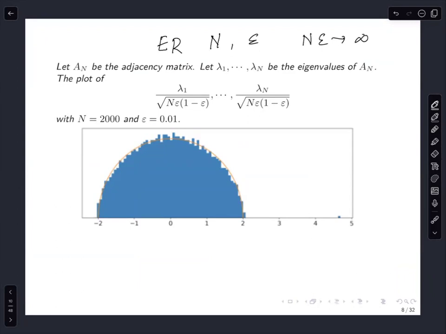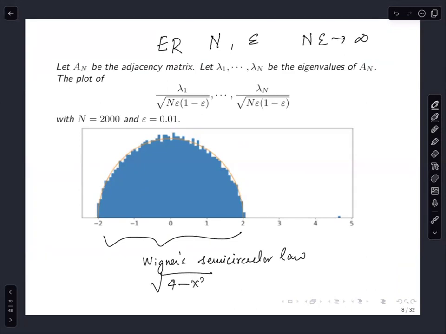Here you see, very classically, that if you scale the eigenvalues of An by the square root of n epsilon, then you see the classical Wigner's semicircular law. This is the picture of Wigner's semicircular law, and the density lives on -2 to +2 and looks like this. And there is a small factor: you can see the largest eigenvalue is sticking out of the rest of